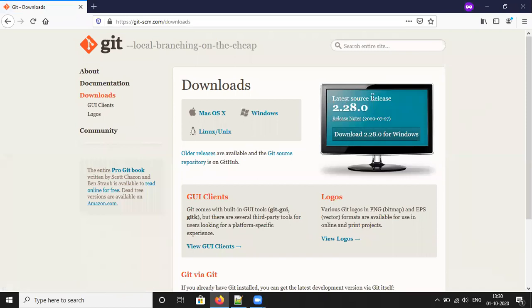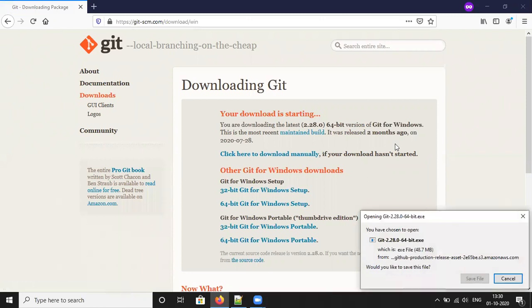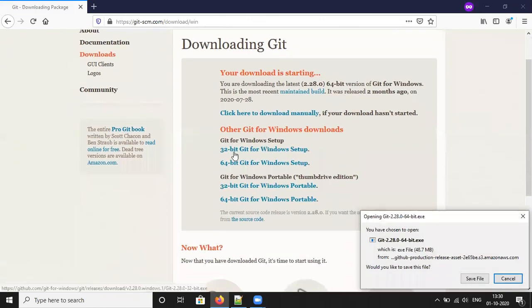You can see here the latest source release, 2.28.0. Click on download. It will take you to the download page, and there are two versions available, 32-bit and 64-bit. Based on your configuration, you can select either one and click save file.